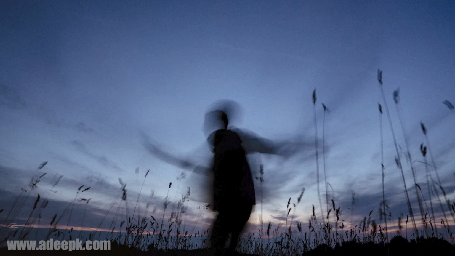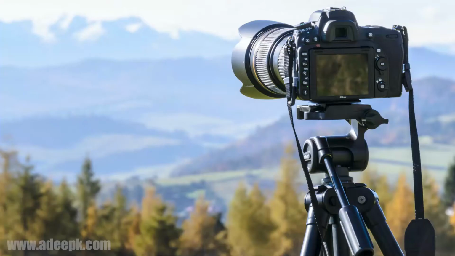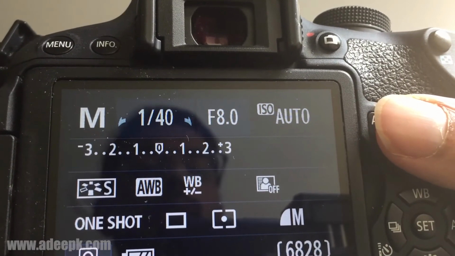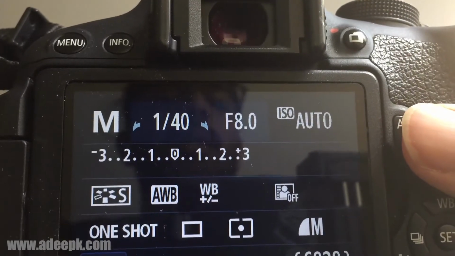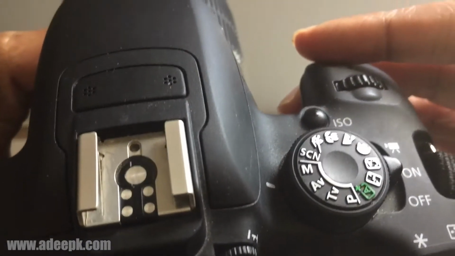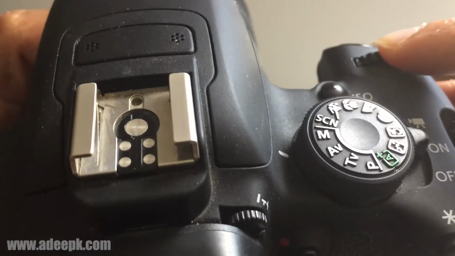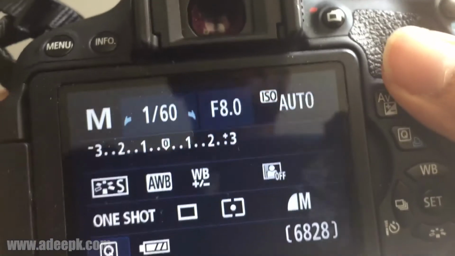There are instances where you need to use a slower shutter speed when the light is very low. So you have to keep in mind that you have to use a tripod or a firm support in order to avoid a blurry picture. To change the value of shutter speed on my Canon camera, I can simply change it with this dial here. So you can see this,